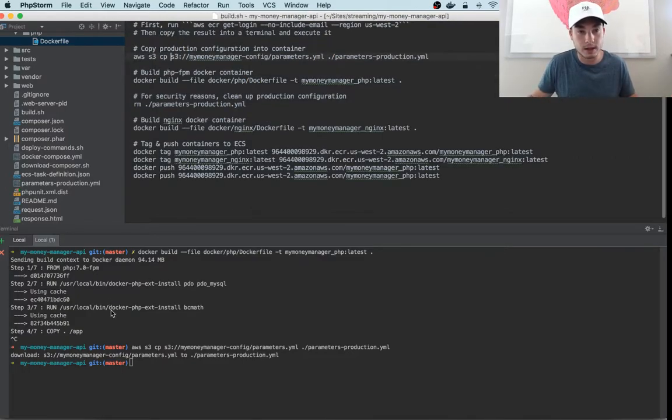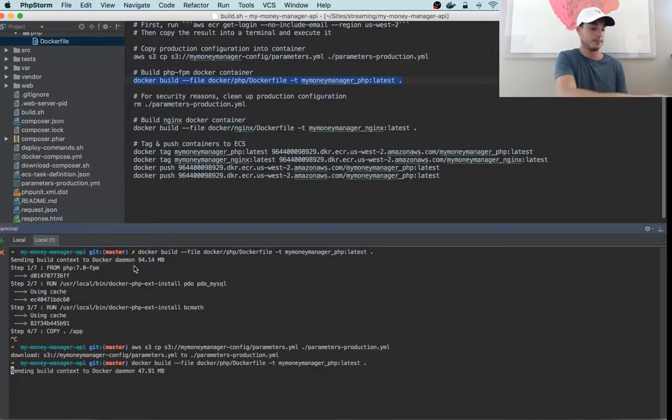So now we've copied our file down. I don't recommend running this whole file. I recommend picking and choosing the commands you run at first until you've tested everything out. And then eventually you can run the entire thing, ./build.sh, when you're ready. So now let's go ahead and build that file. Now that our production configuration is here,